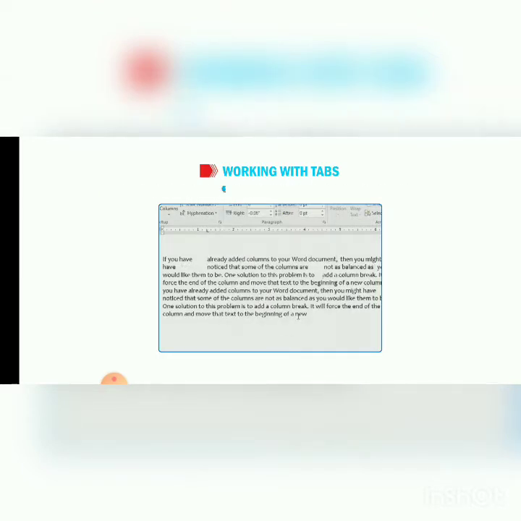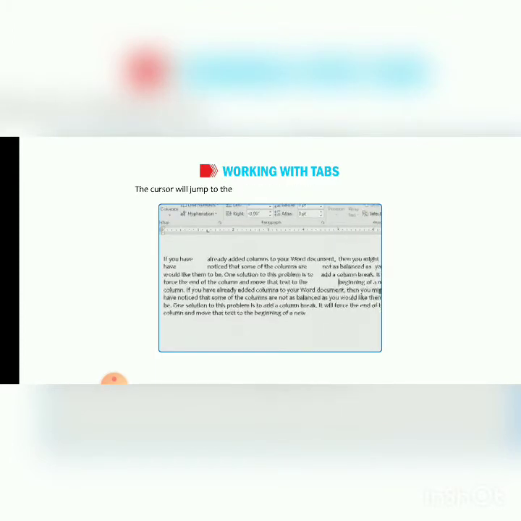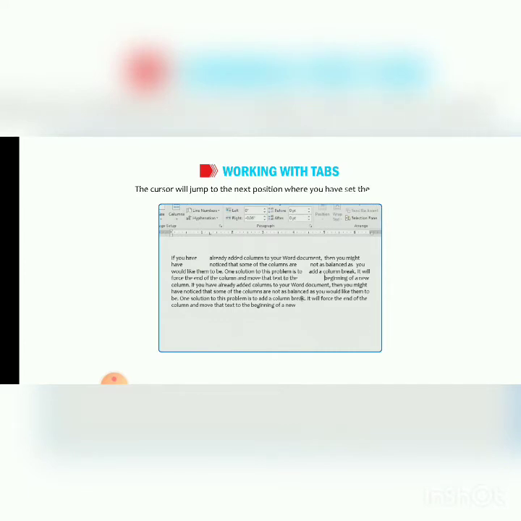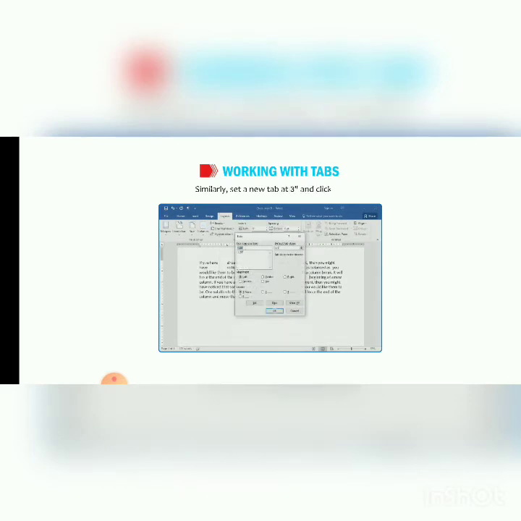Type a tab position, for example 1.25 inch in the tab stop position text box. Click OK. Now press the tab key. The cursor will jump to the next position where you have set the tab stop. Similarly, set a new tab at 3 inch and click OK. Children, you will find the changes on the given slide.